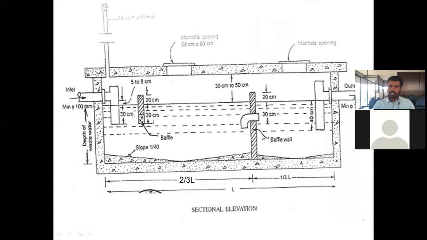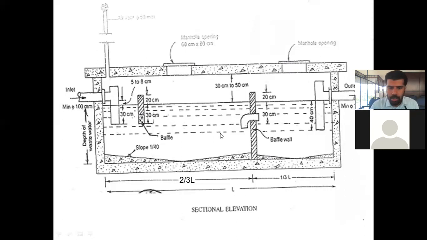So this is the baffle wall, and this is the slope. You can see here, this is the manhole opening. Its size is 60 into 60 centimeter only. Normally manhole size is 60 into 60 centimeter, and you can see the slope. The slope is coming to this side and the slope is coming to this side. This one is 2 to 40. Here also you can see the slope towards the opening, so that from here more amount of water and waste can be desludged.